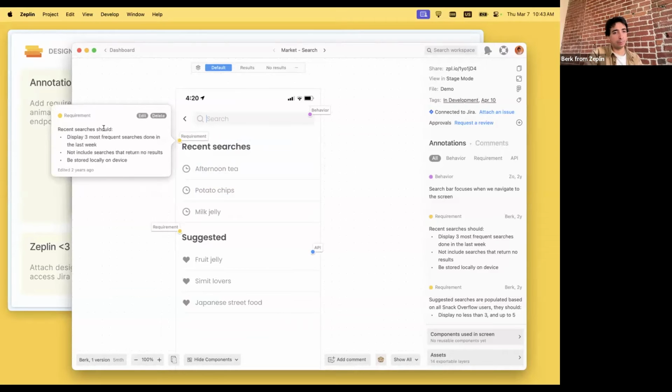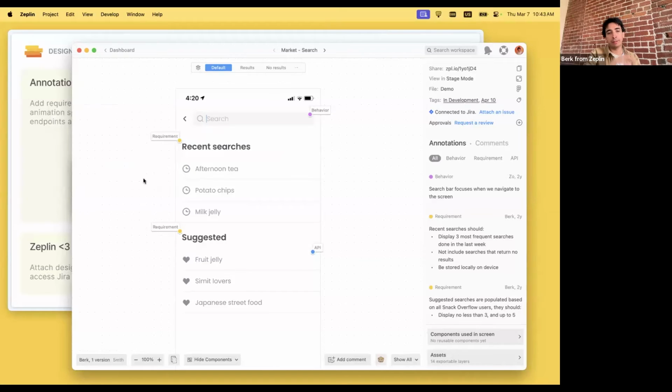And then it gives you some requirements, like, display 3 most frequent searches done in the last week. These recent searches should be stored locally on the device. Like I said, this is probably something that either a PM or a tech lead would provide, but instead of it living somewhere else,